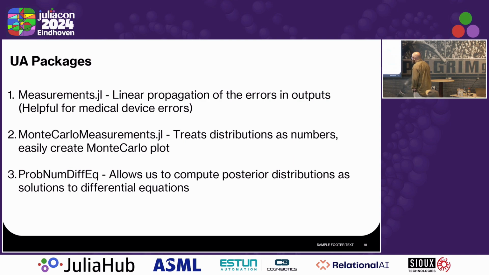So we can do this through Measurements.jl, linear propagation of the errors. So this is really helpful for medical device errors, where we know that there's kind of a consistent level of error associated. So you can just propagate that error through. It makes things really helpful. Monte Carlo Measurements, if you move across to a more statistical approach, you can do the distributions of numbers. So it makes it a lot easier when trying to explain to clinicians about the adding and subtracting of distributions and things like that. And then ProbNumDiffEq allows us to solve these and compute posterior distributions